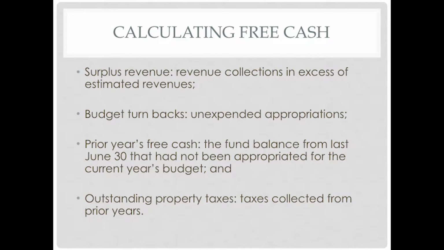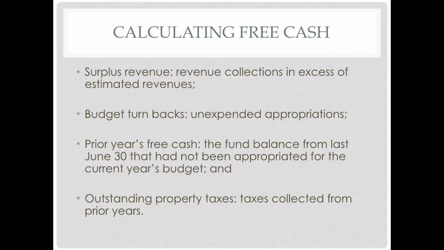We don't have a number until October. But I say it dies on June 30th, which means as of June 30th, you have no free cash. Then you submit your books to the state. They look through everything, they calculate it, and they tell you this is now what your free cash number is. Reasonably, if you ended the year with $1 million in free cash, your next year you should have